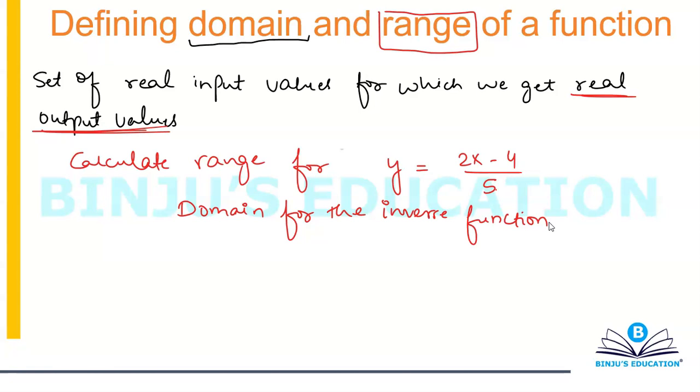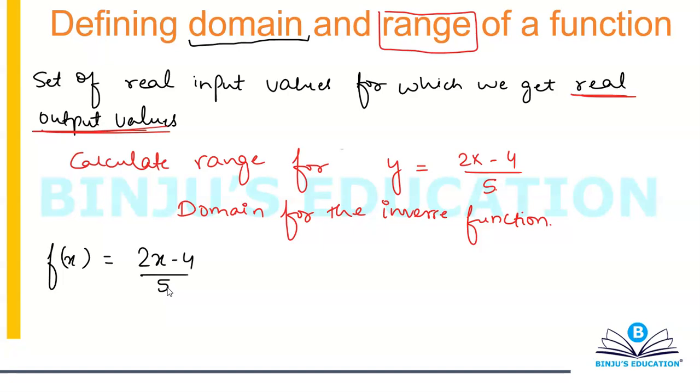Now how do you calculate the inverse, and what effectively is the inverse? Let's first understand that. You have a function, f(x) = (2x minus 4) divided by 5. If you want to calculate the inverse of this function, you are effectively being asked to calculate the value of x in terms of f(x).